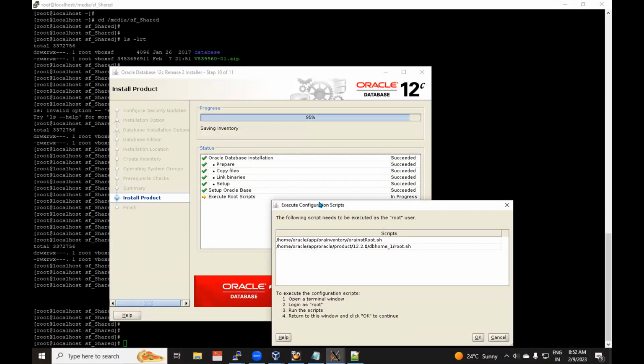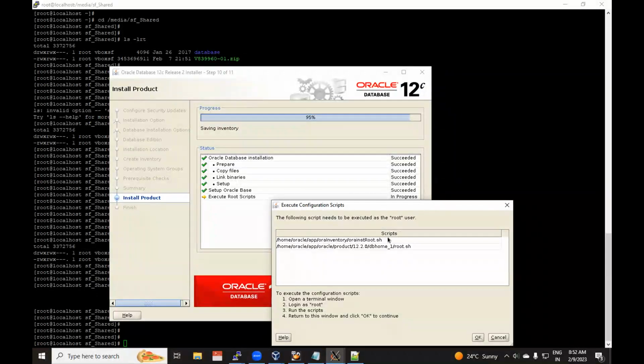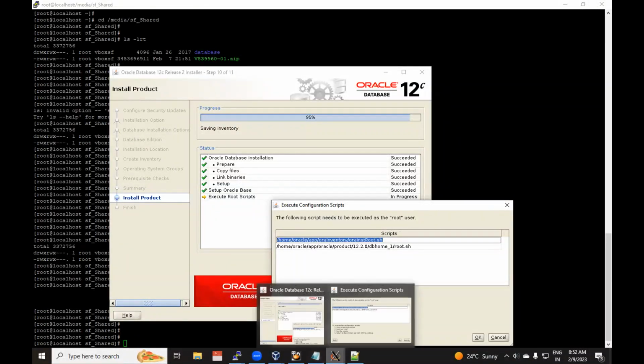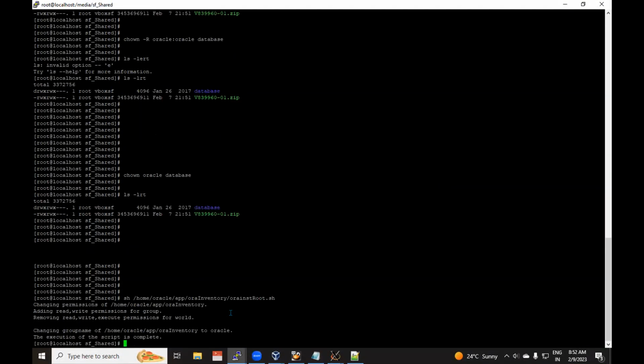Here it prompted for two scripts. The following scripts need to be executed as a root user. So you copy this script, go to the root, and just sh and execute this.